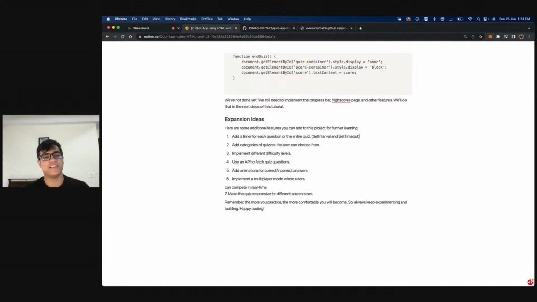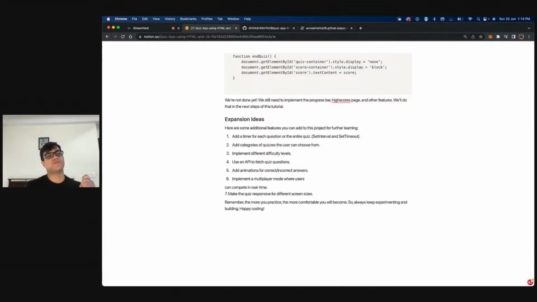Apart from that, the fourth point is using an API to fetch quiz questions. There might be certain public APIs. I will update this point and attach those public APIs that you guys can use for quiz questions. We can definitely add more animations and make the website look better. We can also improve the user experience, so that comes inside UX. I don't know if you are aware of the difference between UI and UX. UI is what the user sees on the screen, but UX is what the person feels. Does the person feel good when they visit the website? That is what UX stands for. So we can definitely improve on the UX as well.